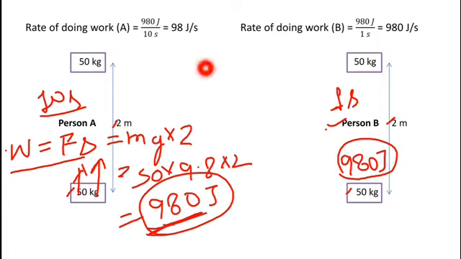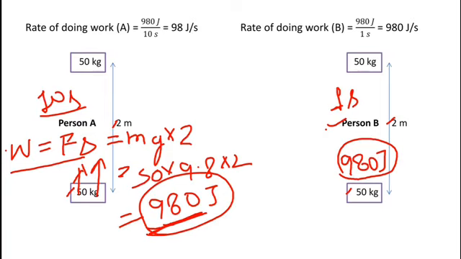Again, here you can see that the person who has more power is transferring the energy at a faster rate. If I am saying that person B has more power, then you can see that person B can spend or transfer 980 joules of energy every second. But person A, who has less power, can spend only 98 joules of energy every second. So we can also define power as the rate of transfer of energy. One who is transferring energy at a faster rate has more power.